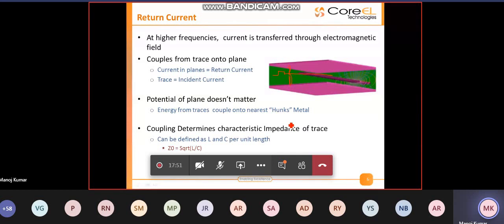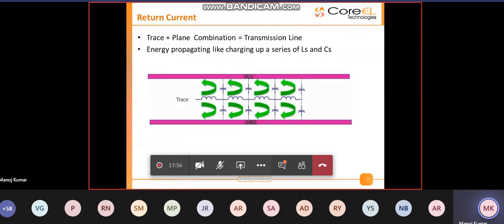A characteristic impedance in a transmission line is not just with respect to the transmission line, it is also with respect to the plane. So trace characteristic impedance plus plane characteristic impedance is what makes your transmission line.